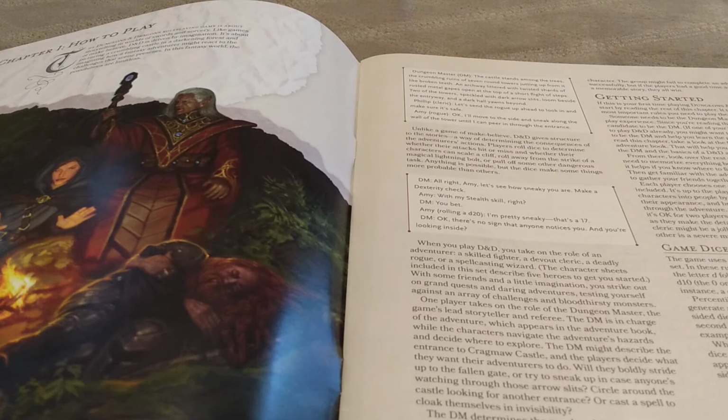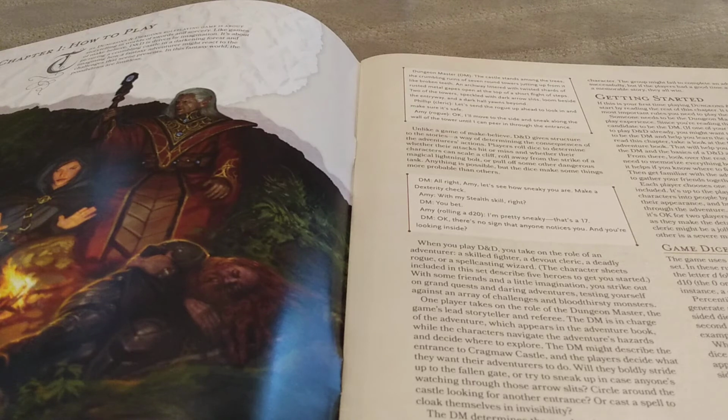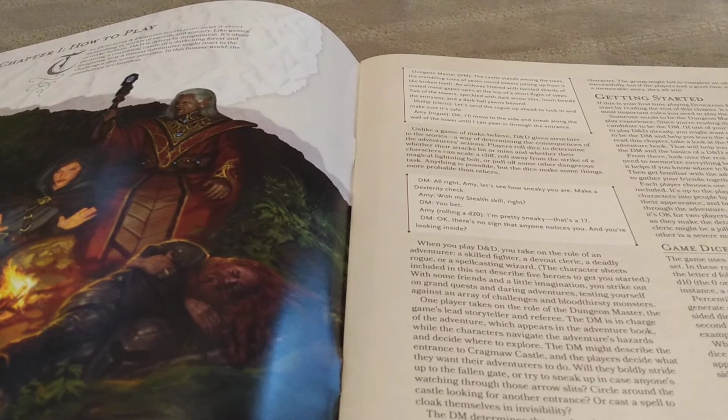Dungeon Master. The castle stands among the trees, the crumbling ruins of 7 round towers jutting up from it like broken teeth. An archway littered with twisted shards of rusted metal gapes open at the top of a short flight of steps. 2 of the towers, speckled with dark arrow slits, loom beside the entryway, and a dark hall yawns beyond. Philip, the cleric. Let's send one of the rogues up ahead to look and make sure it's safe. Amy, rogue. Okay, I'll move to the side and sneak along the wall of the tower until I can peer